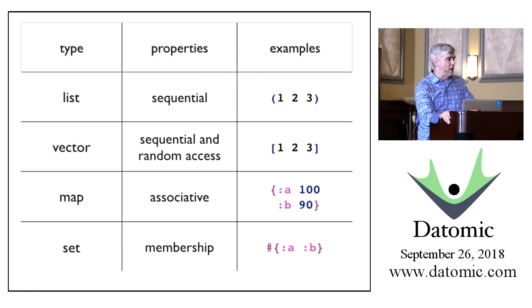And so anytime you see a pound, your antenna should go up and go, special thing is about to happen here. In this case, the thing that's special that's happening is fairly small. It's just that this is a set instead of a map. So